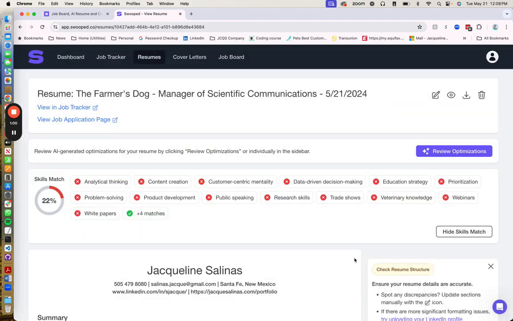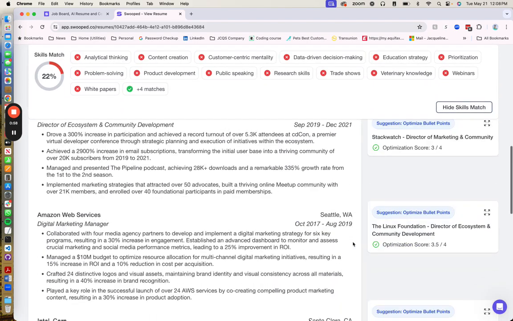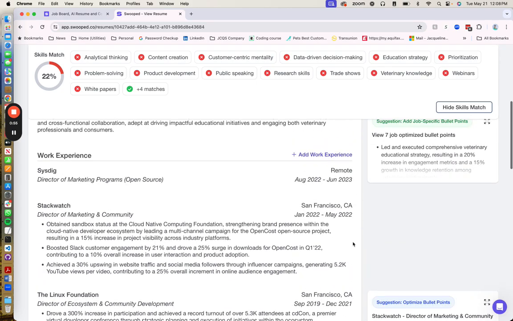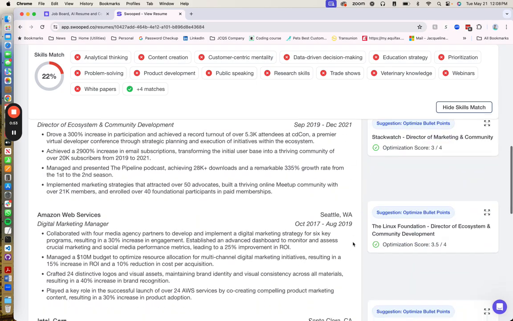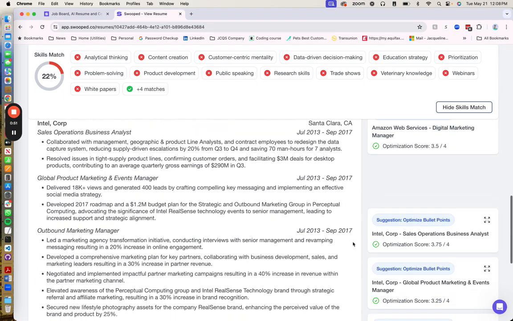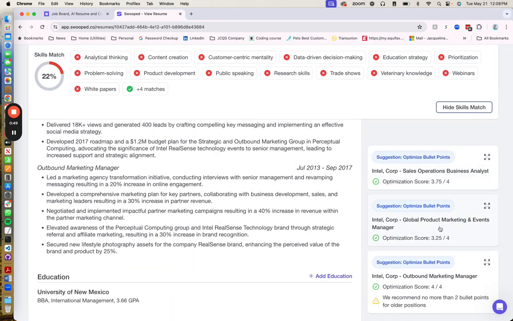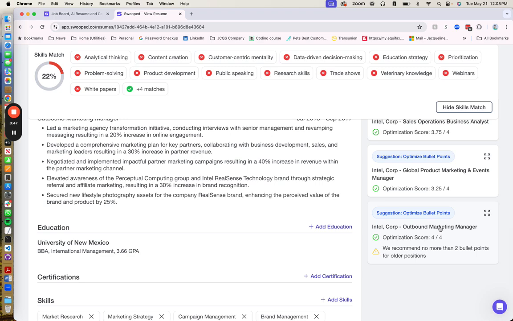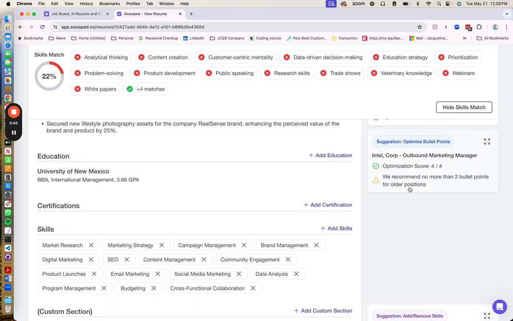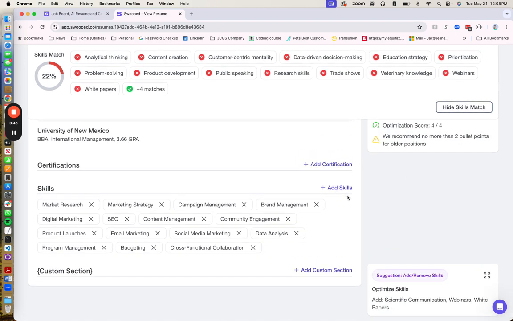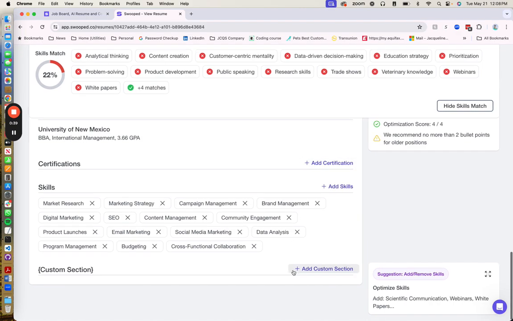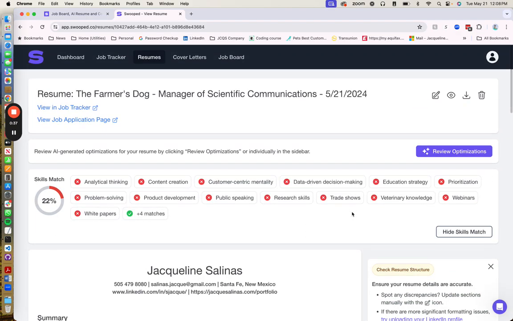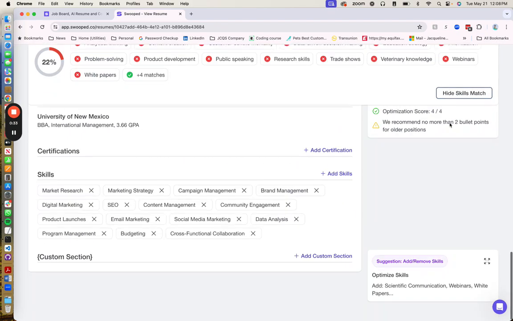So I'm going to close this and just keep going. Again, this is an example of my resume. As you can see, it's got already some pretty good scores because it has been optimized. It's got some good recommendations. You could also add skills, add your certifications, or you can also even add a custom section. So once you are done with this,